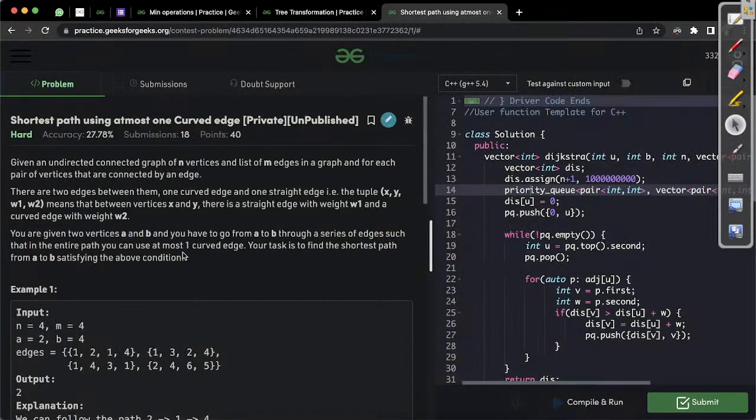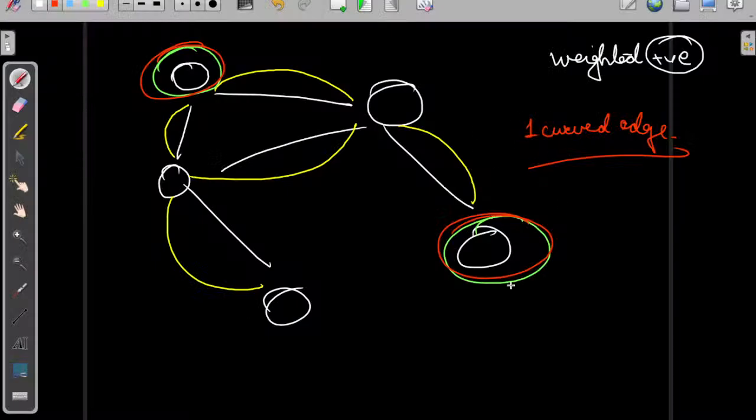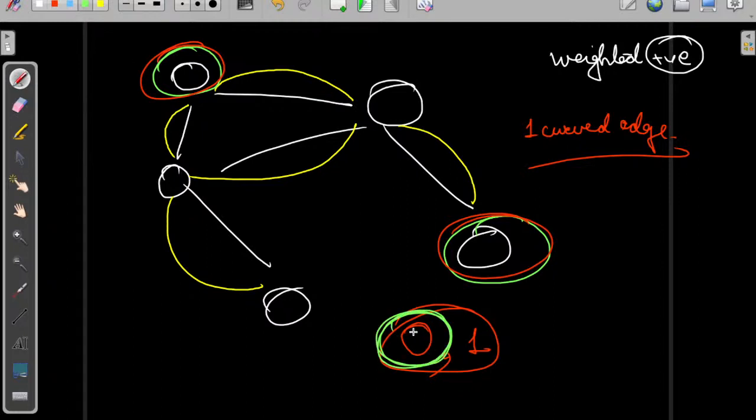It is mentioned that your task is to find a path such that you have at most one curved edge. This just means that either you can use zero curved edges or you can use one curved edge, but you can't use more than that. As we have only two options, let us first consider the case where we can't use the curved edge. Then we can simply calculate the shortest path